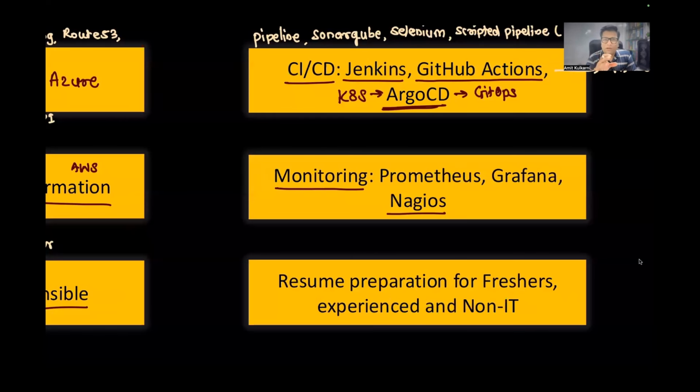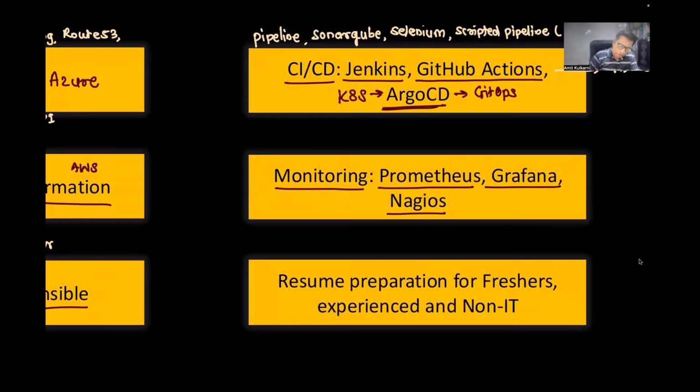This can be installed to configure many different services, like database services, microservices, any type of services which are running or not. You can check them by using Nagios. We'll use Nagios there. But before we use Nagios, because we'll be using Kubernetes a lot, we'll be talking about Prometheus and Grafana. Very important in terms of monitoring.